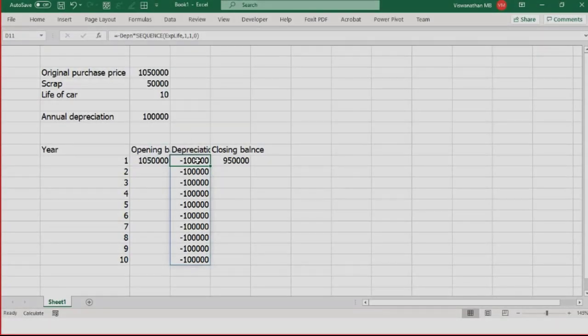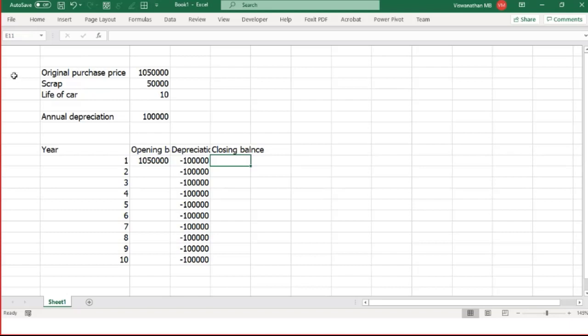But I'll select this particular cell and I'll name it as an acronym that sounds like yearly depreciation. So YLY DEPN. So this is going to be my yearly depreciation, and my closing balance cell where I'm going to type it, let me just call it closing balance of asset. CLOBALFA, that's the name I'm giving here. Same way, opening balance cell, I'll refer to this particular cell as OPBALFA, opening balance of fixed asset, and maybe the year I'll call it YR.